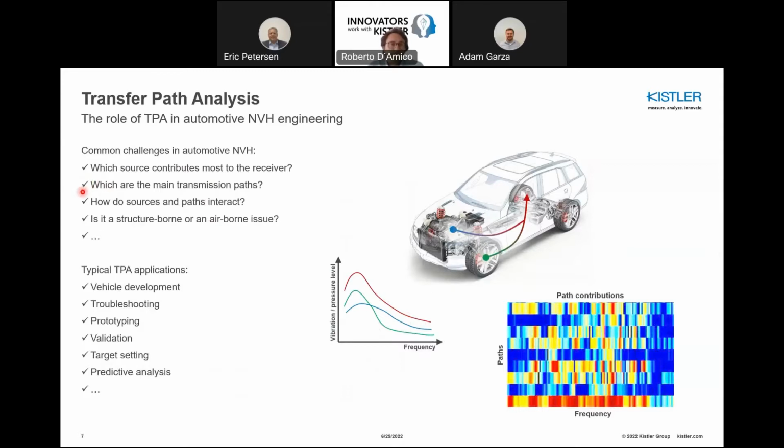And for example, which are the main transmission paths that bring the vibration from the engine mounting to the driver, for example, and how sources and paths interact with each other. Another very important question in automotive is: is it a structure-borne or an airborne issue? It is important to differentiate between these, because then there will be different types of measures that need to be taken. Therefore, it is important to understand the contribution that is coming from a source and how it is